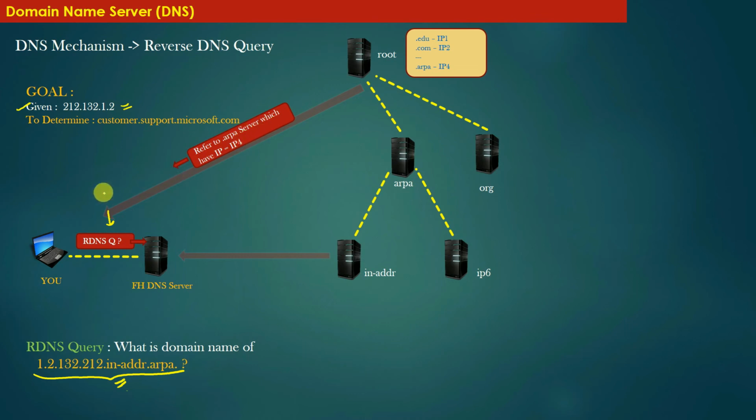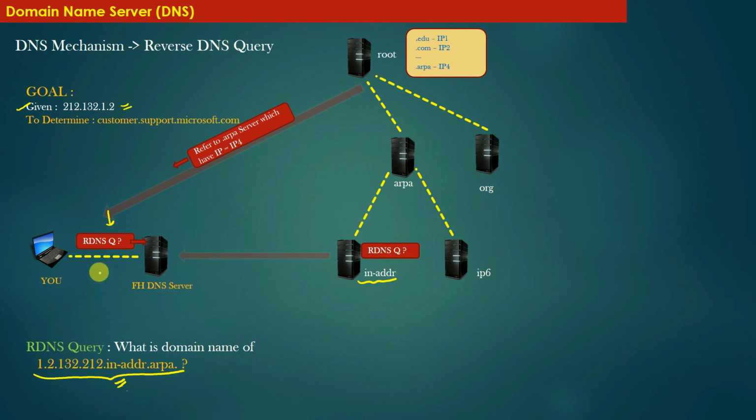So your client machine will next send the DNS query to this .arpa DNS server, and as a result, the .arpa DNS server will again reply back to your client machine with the referral response. In this referral response, the .arpa DNS server will recommend to contact the next DNS server, which is actually the in-addr DNS server. So let's jump straight to the step when the in-addr DNS server has actually received the reverse DNS query